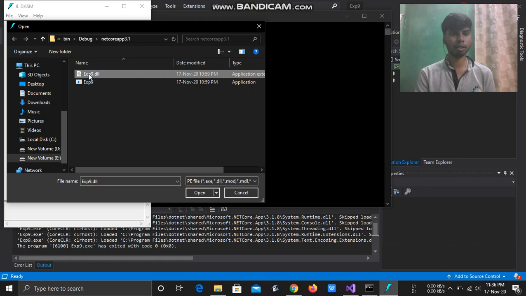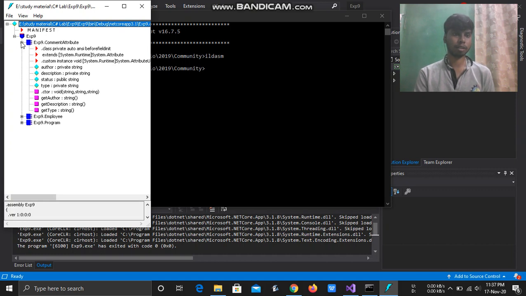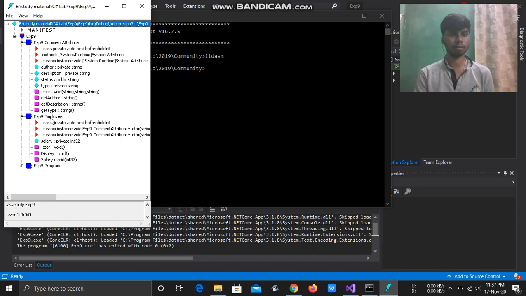We have to open the DLL file, and this DLL file is going to give all the details about my experiment. It is experiment 9, and it contains comment attribute, employee, and program. Inside comment attribute there are get author, get description, get type functions, and author, description, status, which are the variables of the class. Then there is the class employee, which has salary as a variable, and display and salary as methods. And at last I have a program class which holds a main function. Inside the main function all the